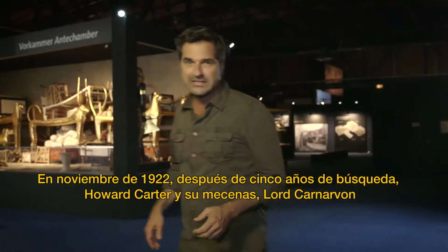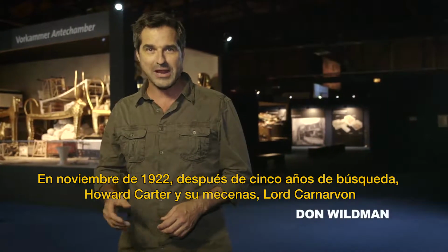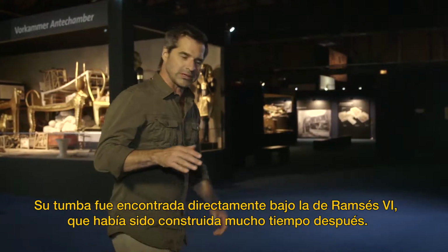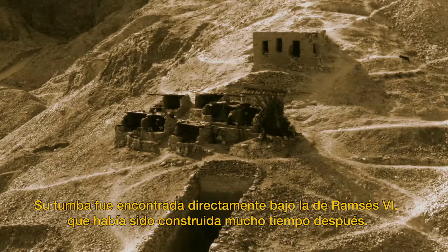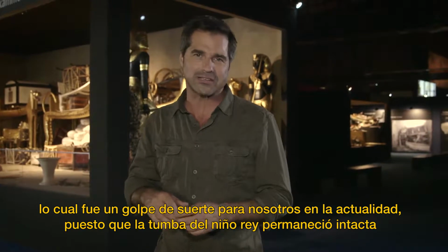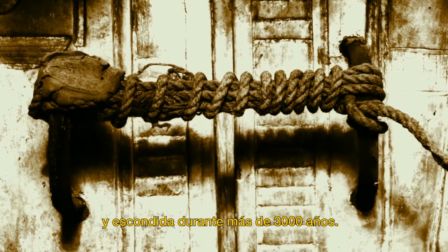In November of 1922, after 5 years of searching, Howard Carter and his patron Lord Carnarvon finally discovered the last resting place of Tutankhamon. His tomb was found directly beneath the tomb of Ramses VI, which had been built much later on. As a result, the debris from the construction had been dumped into the entrance to Tutankhamon's tomb. A stroke of luck for us today, since the boy king's tomb thus remained intact and hidden for more than